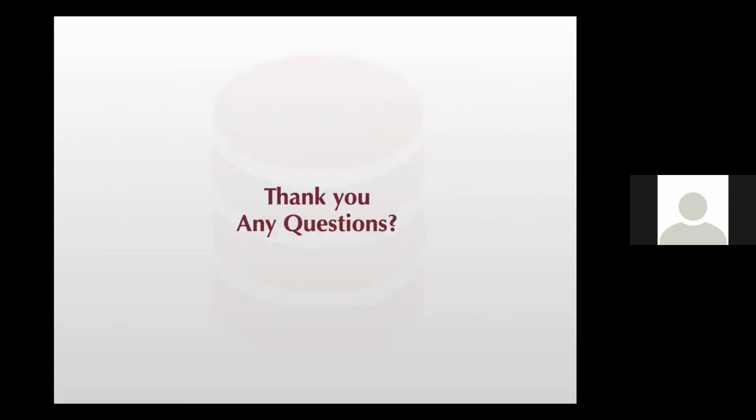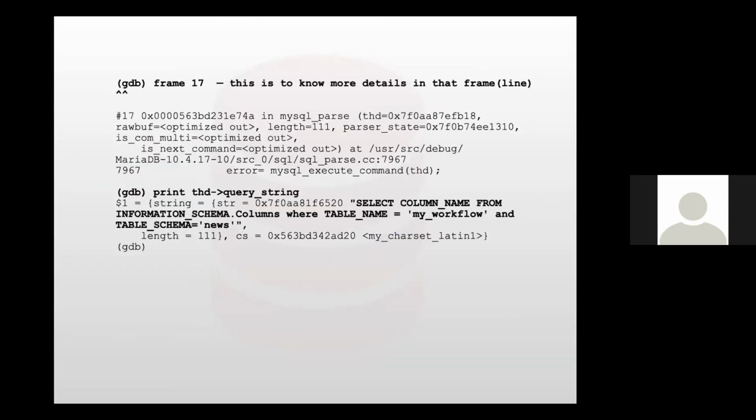So let me go to the last slide where we saw this query. Finally, Monty checked all these details. You can also get the information about the function, and about the particular file. You can see sql_parse.cc. These details you can only get from the core dump or core file when you have the debug info package installed. That's why the debug info package is needed.